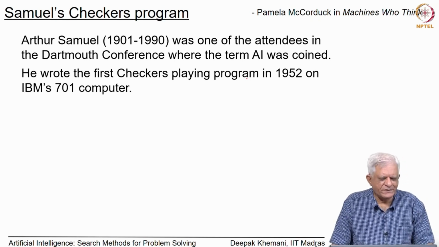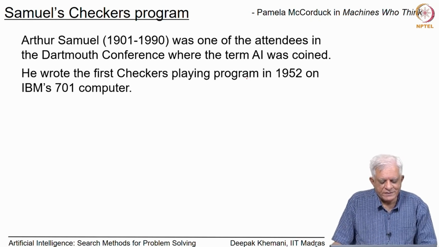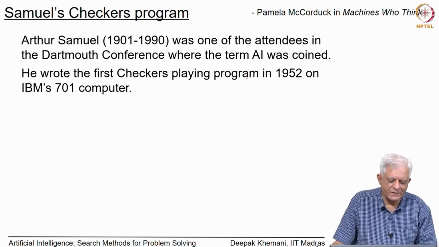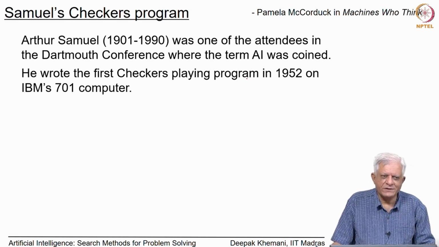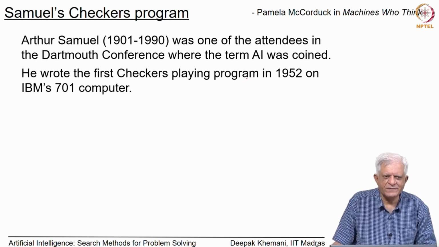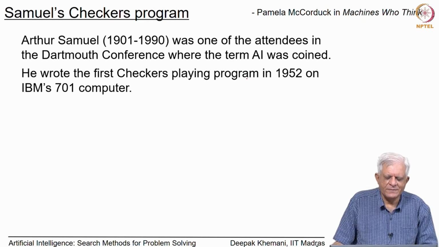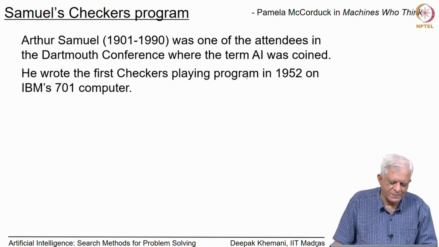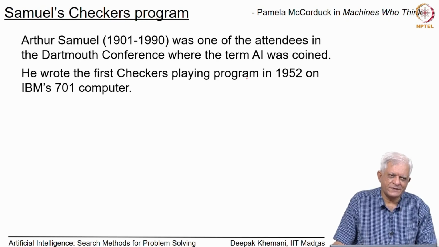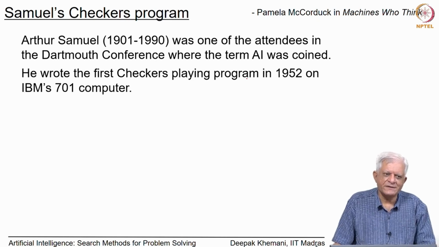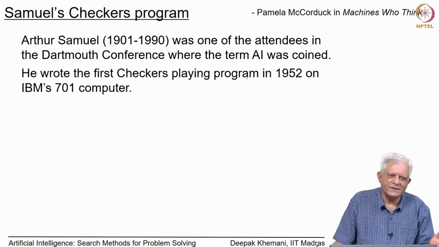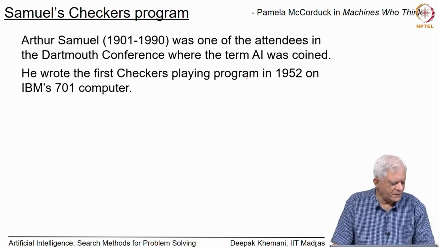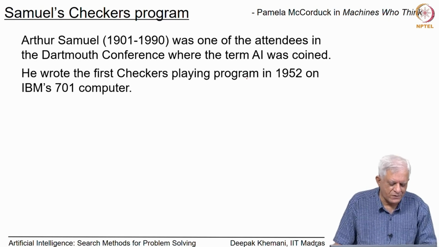In fact, there is a curious story going around that because the game of checkers is played on 32 squares of the chessboard, for example, they are always played on one colored square, so either black or white, as the case may be, and because of which IBM chose the word length of their first machines to be 32-bit, so that you could easily represent a chessboard simply as a binary string. Anyway, that is a story which was going around.